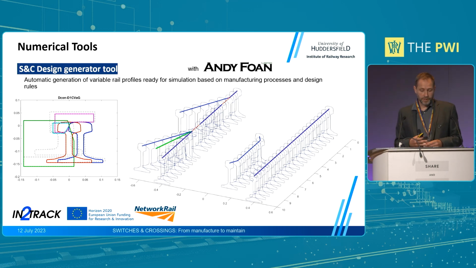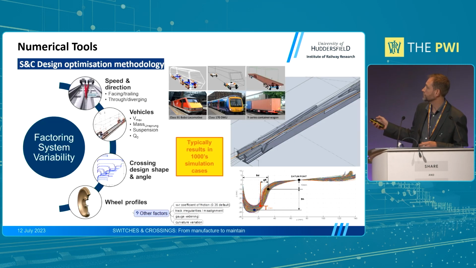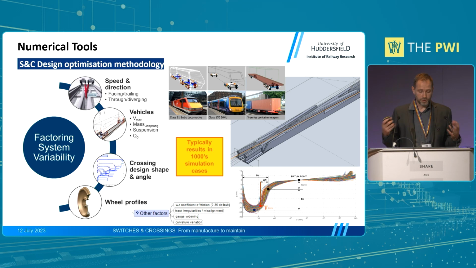To support our simulation, we've developed, as part of a European project that Phil mentioned before, a tool to recreate the input geometry for any switch and crossing we wanted to work with, because that's a fairly long process. The input data is difficult to generate, so knowing the cross-sections of the rail, we can extrude them. Knowing the machining tools and shapes and path, we can extrude and recreate all the input data we want to feed those simulations. So then you come into an area where you have, say, the multi-body system simulation tool available, and you can